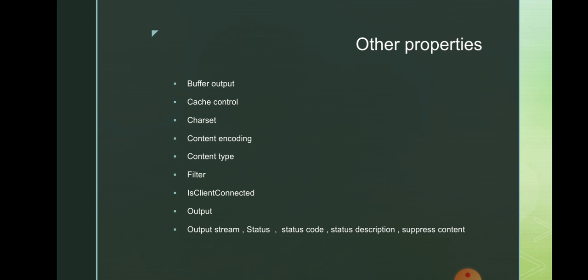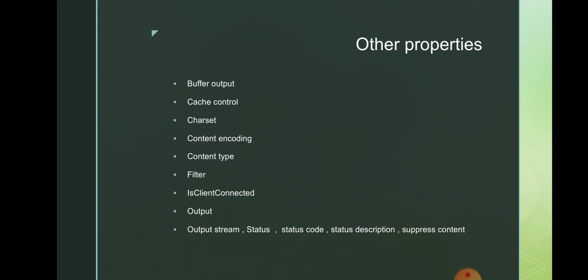Next, content encoding. It helps to get or set the HTTP character set of the output stream. Next, content type specifies the MIME HTTP content type to use for the response. Next, filter. Filter means a wrapping filter object used to modify the HTTP entity body before transmission.